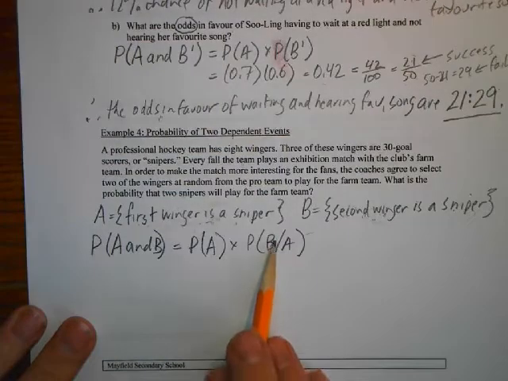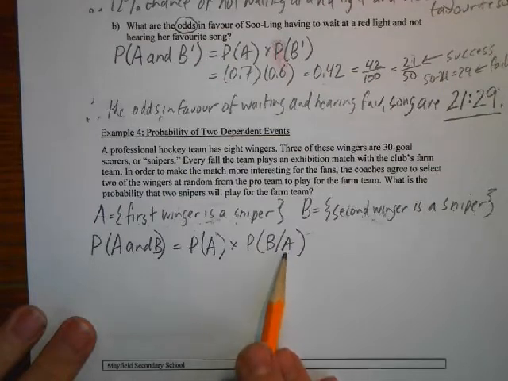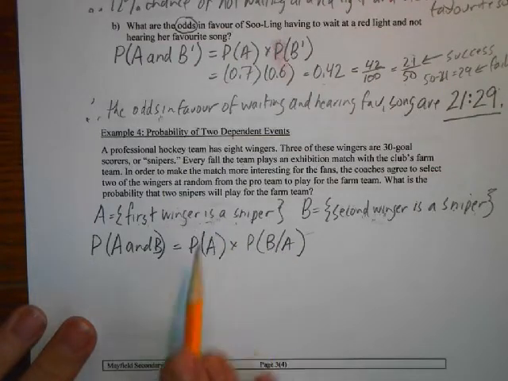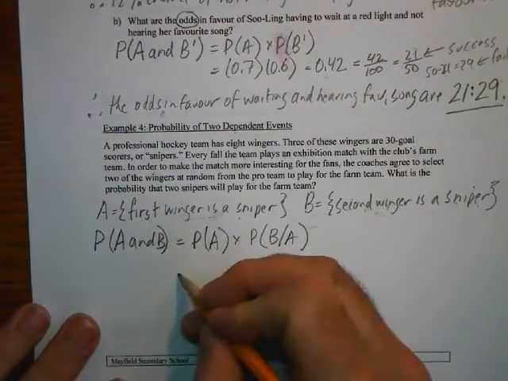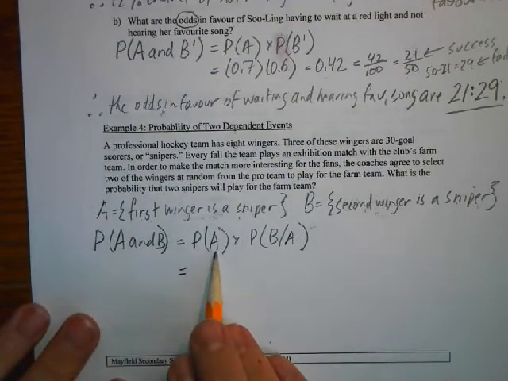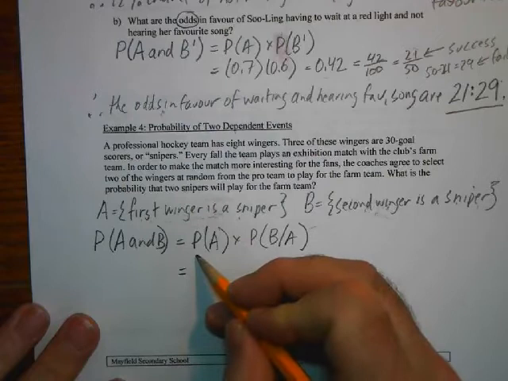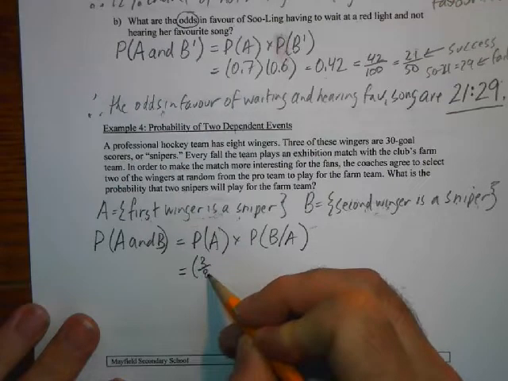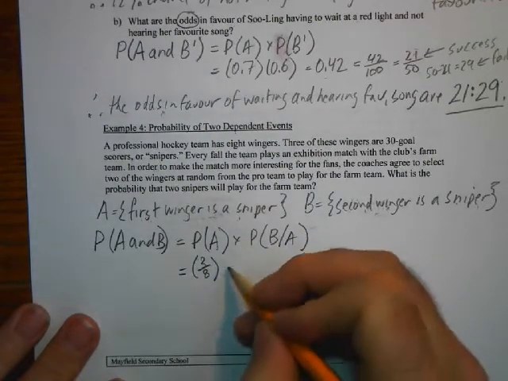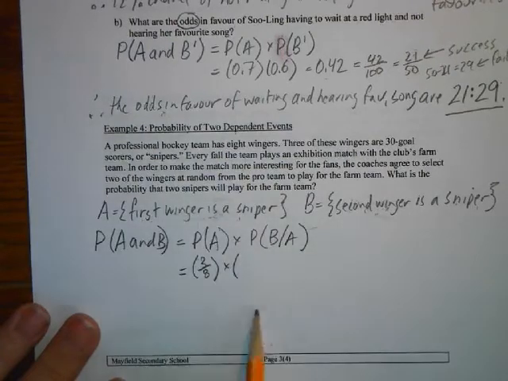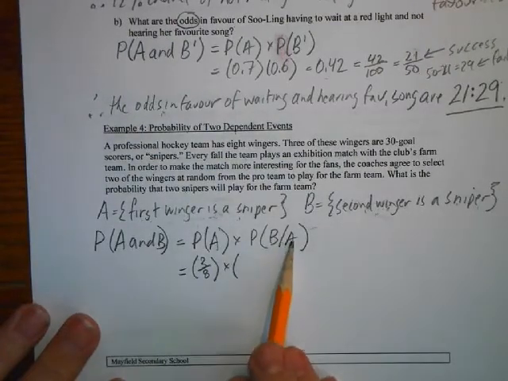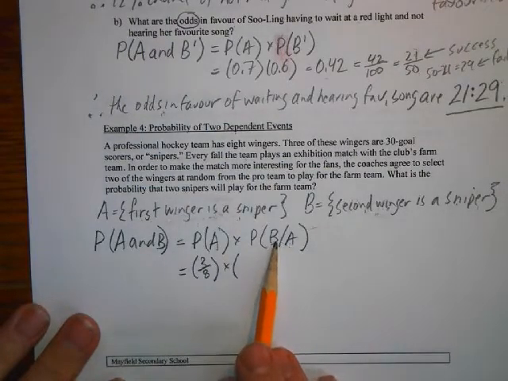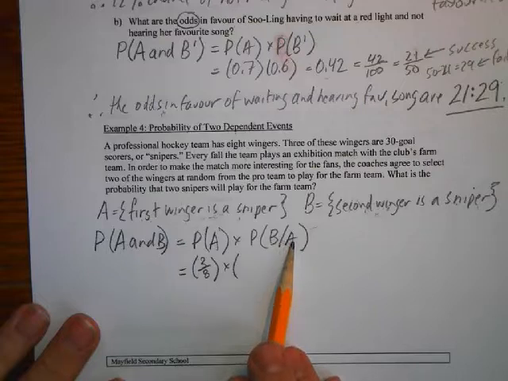Okay, so remember I said we had 2 different probabilities for B, so we're going to use the one where we actually did pick a sniper. If you remember, the probability of A was always going to be 3/8 because there's 3 snipers out of the 8 wingers, and since we know that A happened based on this statement here, probability of B given that A happened,